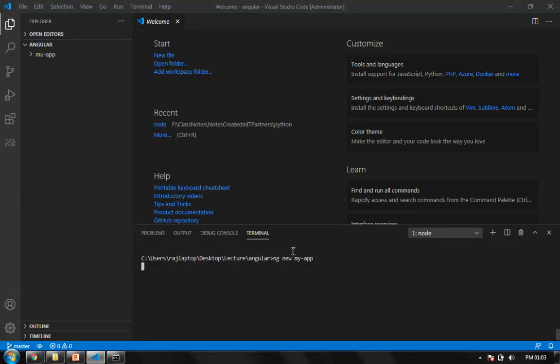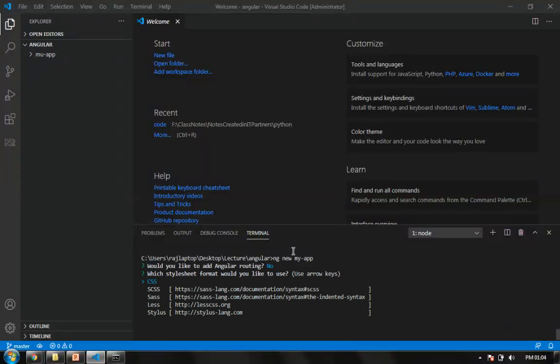When it creates a new app, it installs some of the basic files into that project, and also provides some options to be chosen, such as what my CSS file is and how I'm going to create it. The first option it asks is whether I would like to add routing to this. I don't want routing right now, so I'll say no.